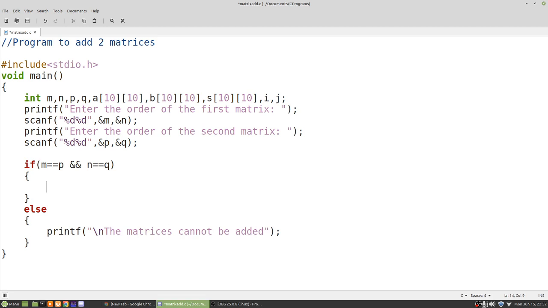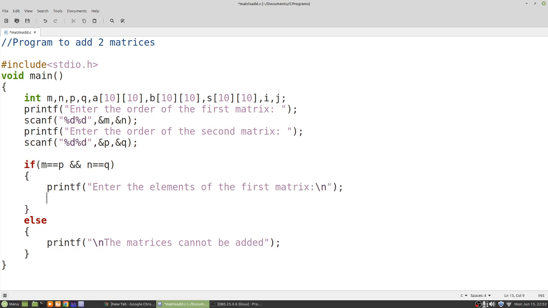In this part, we will ask for the first matrix, second matrix, and then add them. So print out, enter the elements of the first matrix. We have seen how to initialize an array at runtime using two for loops. So we will use the same two for loops,